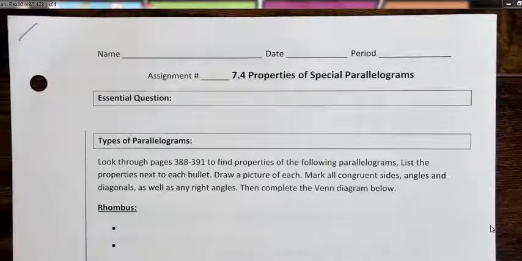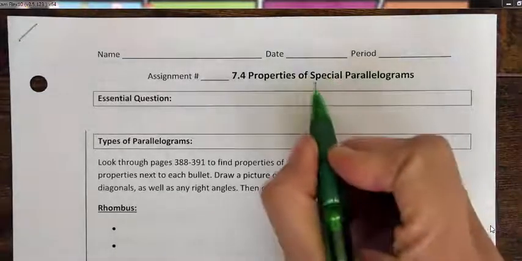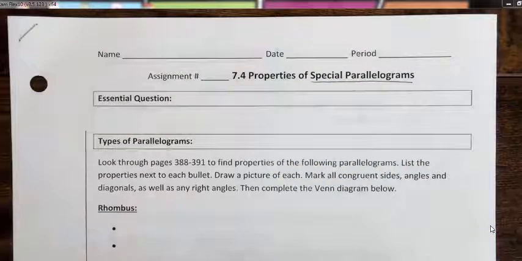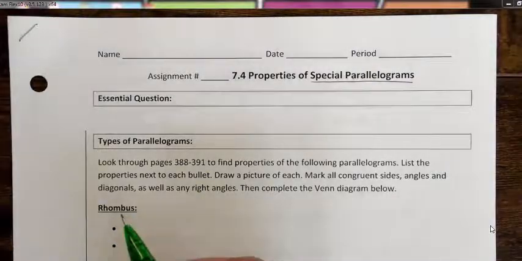7.4 Properties of Special Parallelograms. So today we're going to talk about certain special types of parallelograms. And let's see, your essential question, what are the properties of